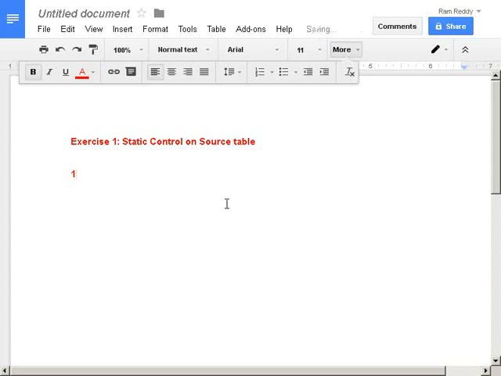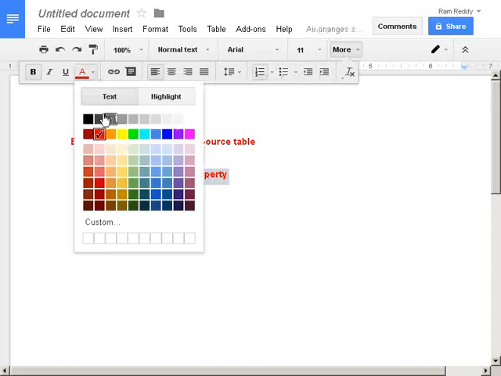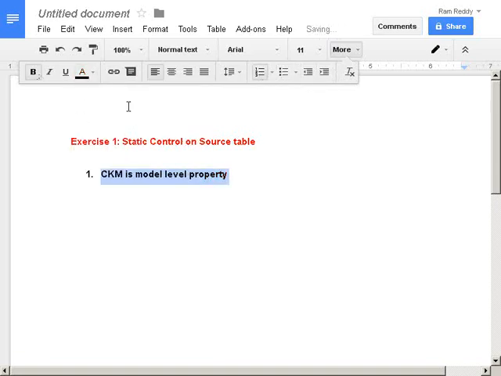The first point, CKM is what level property, sir? Model level or mapping level? CKM is a model level property.